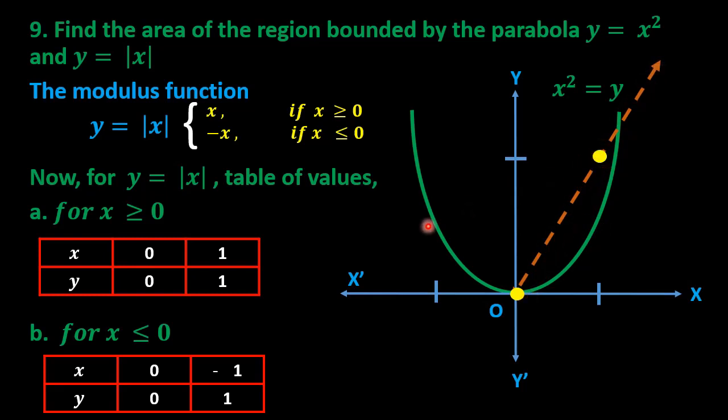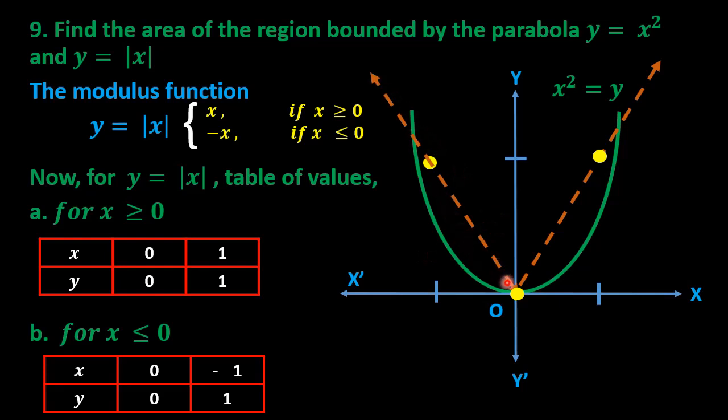Now for the second, the first point is 0, 0, which is the same as here. And the second point is minus 1, 1. So x equals to minus 1 is here, and y equals to plus 1 is somewhere here. So we will get the second point here, and we draw a line joining these 2 points, and we get the second line